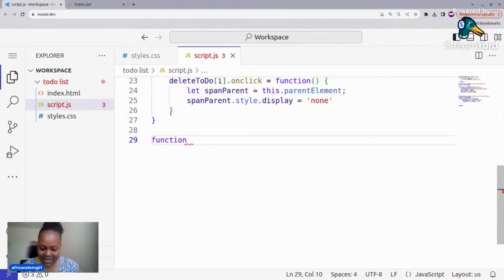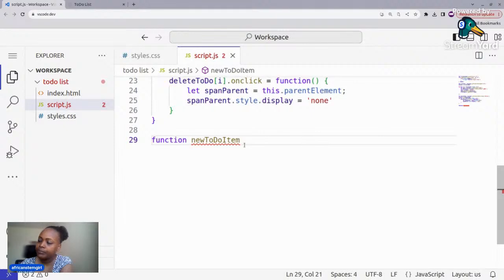So we say new, I'll call it new item. You can say new to-do item, one word. Let me repeat, when you are creating a function, there are three ways you can create a function. We have the arrow function, which we have used several times. We have the function declaration and we have the function expression. What you're seeing here is the function declaration method,